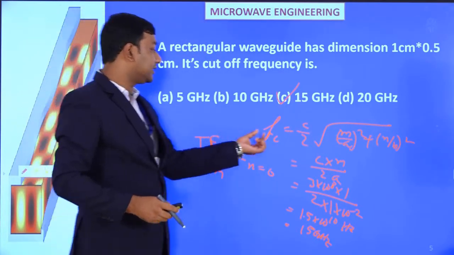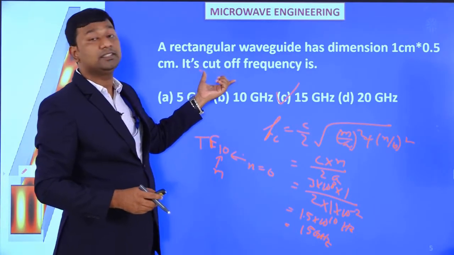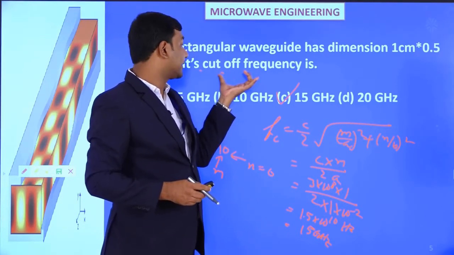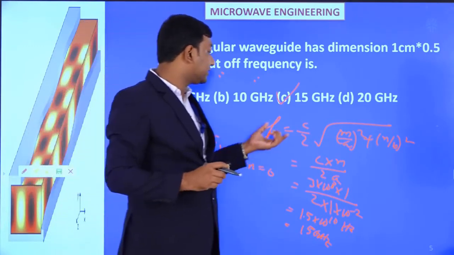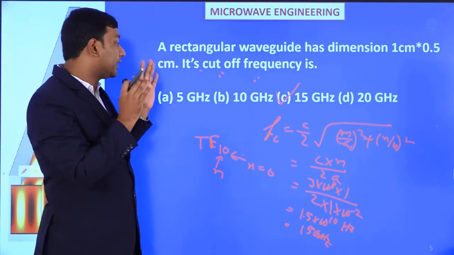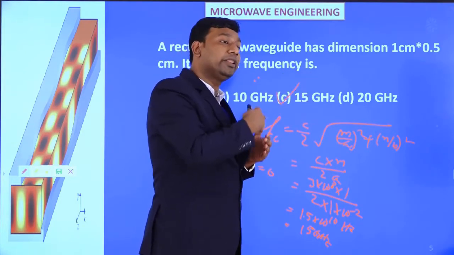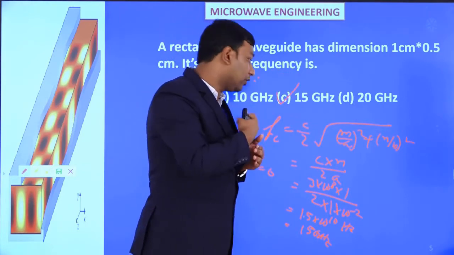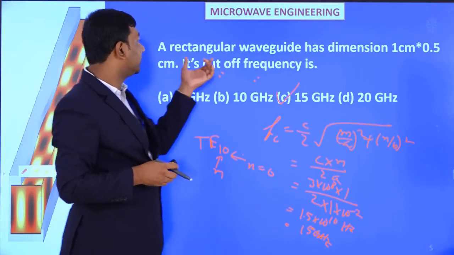So first we write down its cutoff frequency and dominant mode. Here nothing is given, so the dominant mode for a transverse electric mode is TE10 for a rectangular waveguide. This is the lowest frequency, the cutoff frequency, after which the rectangular waveguide passes other frequencies also. After that, all modes exist, meaning all frequencies will be transmitted. So that is the cutoff frequency for a rectangular waveguide.